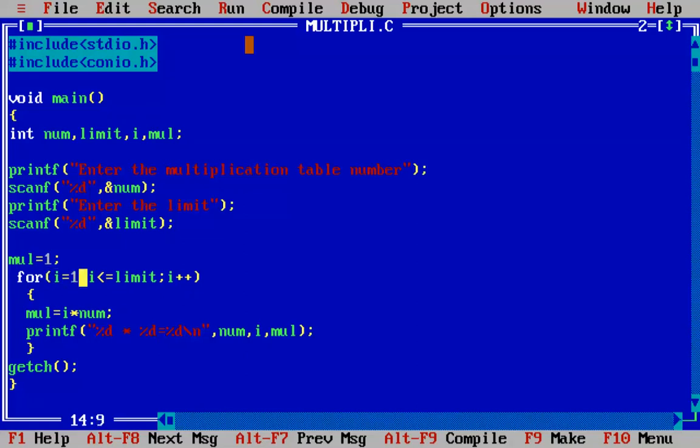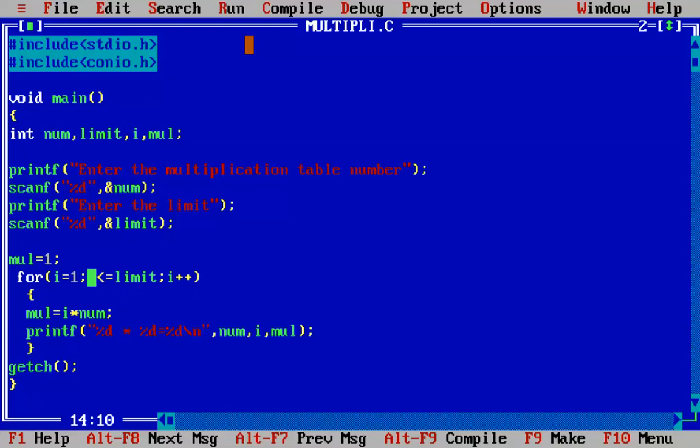Then onwards it will only go to the increment part, and it will check for the condition. These two things are to be done in the next iterations, but in the first go it will initialize.